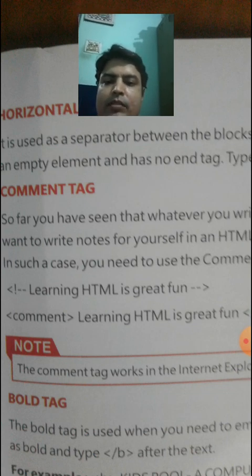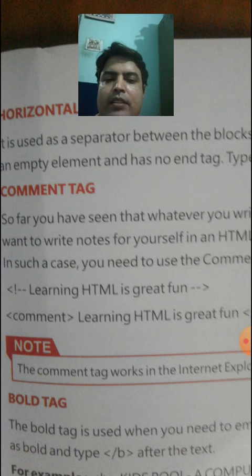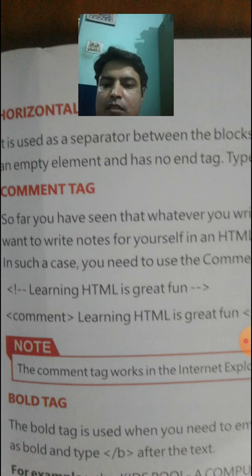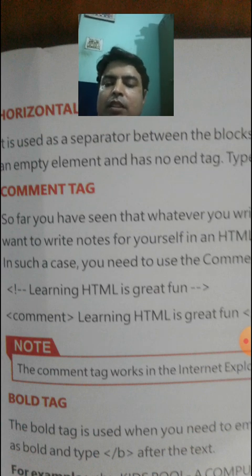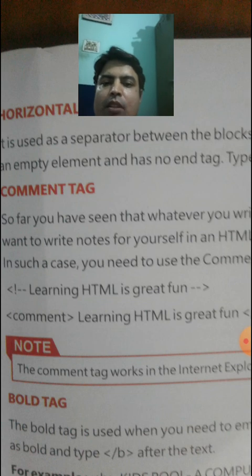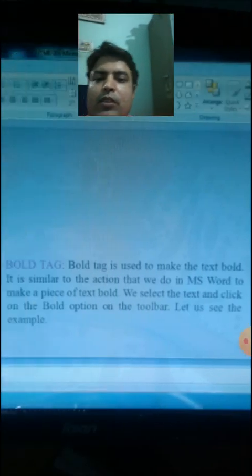And after the double dash the greater than symbol is put. This exclamation mark indicates to the browser that this text should not be displayed. Or we can insert a comment tag, write the text and close the comment tag.